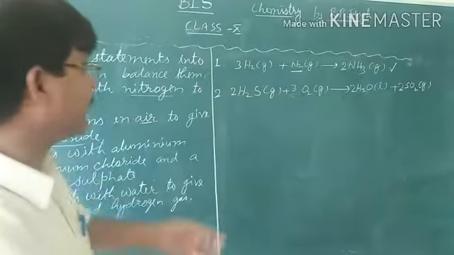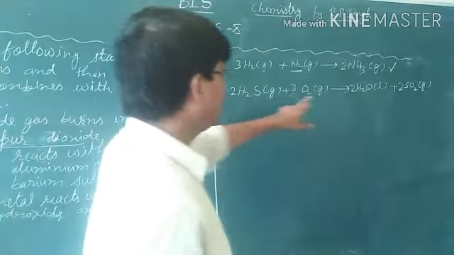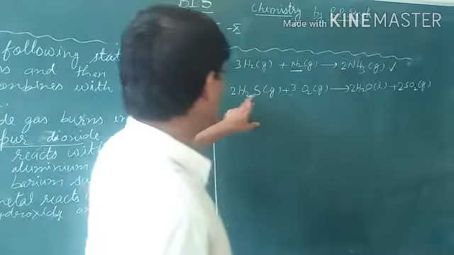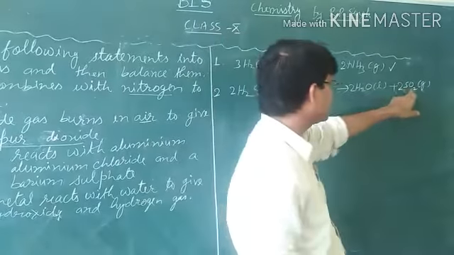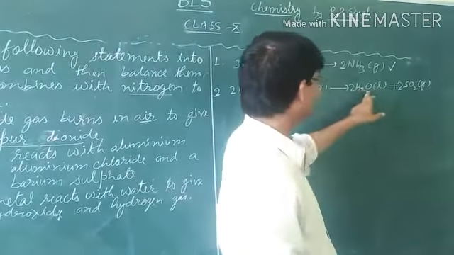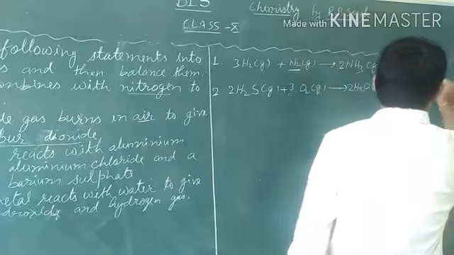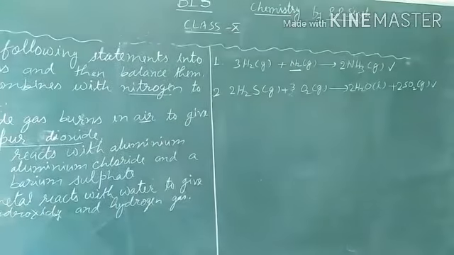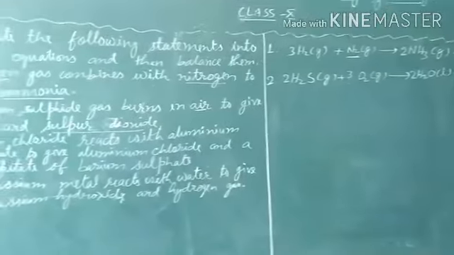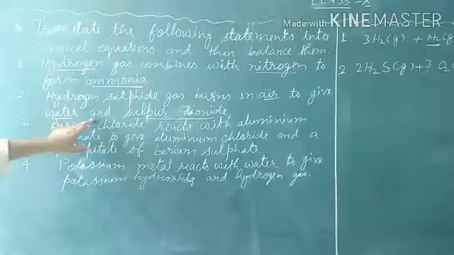You can check if you want. 2 to the 4, 2 to the 4, 2s, 2s, 2 to the 6 or 3 to the 6. This is the balanced chemical equation. Okay? Any problem? No. Now the third question is